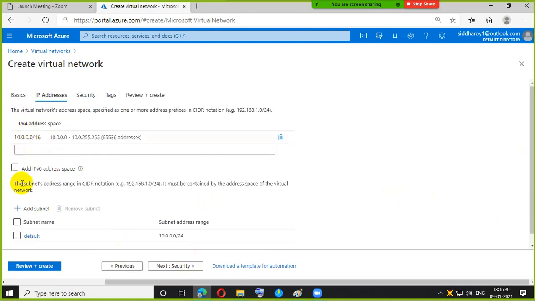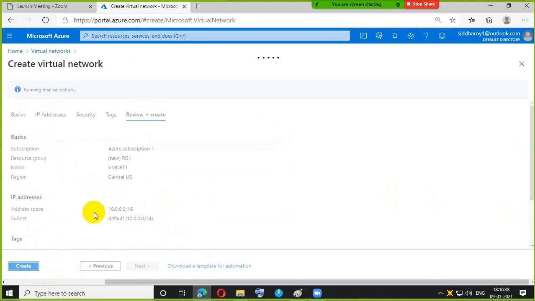So the IP address range is created, and the subnet is the default. After that I'm going to create it.